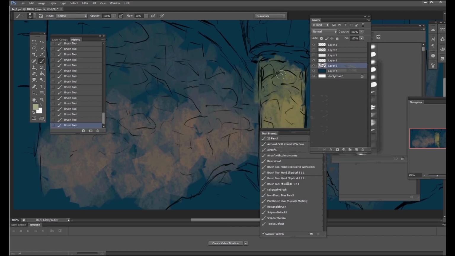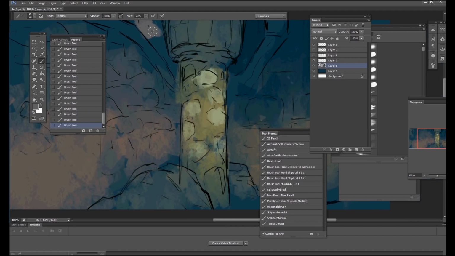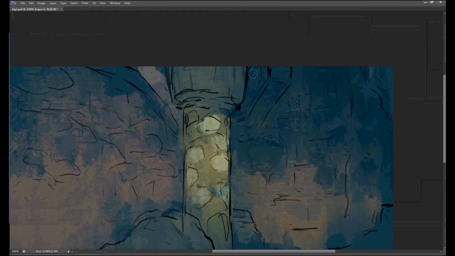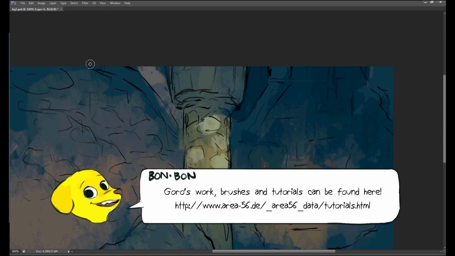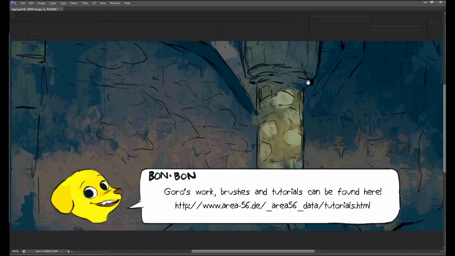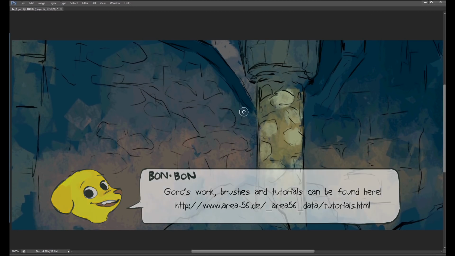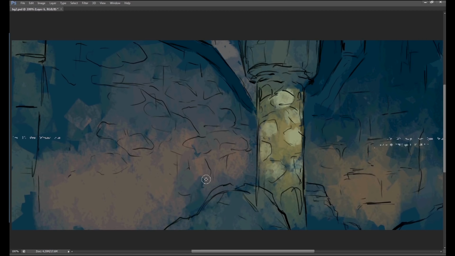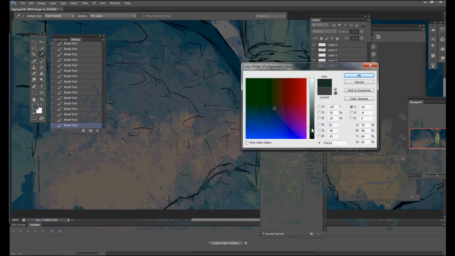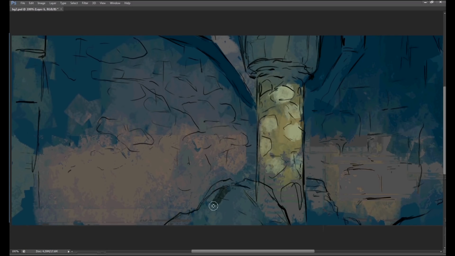I've always mixed up my brush set over the years, but I can always count on Goro's for everything I do when it comes to speed painting. So go check it out. Go find Goro's brush set tools for speed painting. It's really basic because it's almost 10 years old, I believe. But I think that's what I like about it. It's basic. So as you can see, I'm using this chalky, textured, squarey looking brush, which is great for me because the castle walls are very rocky, and this brush is perfect for it.